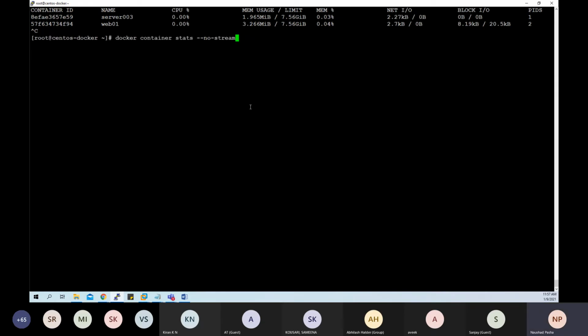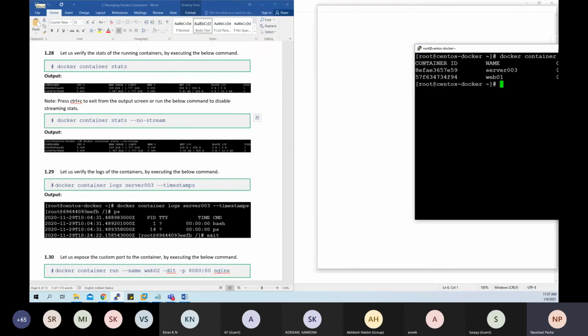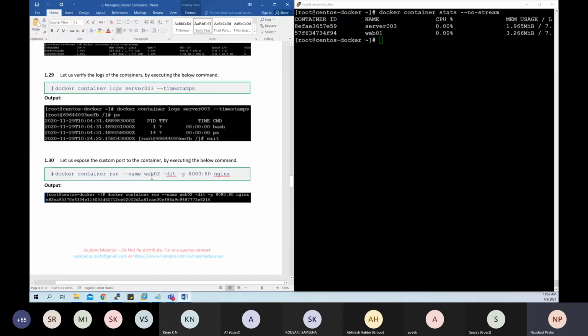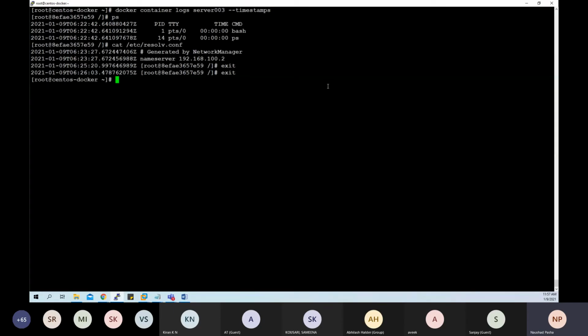But if you say no-stream, it will give you a snapshot, a screenshot of the current state, but it will not continue to show you those stats as a live stream. If you want to check the logs, docker container logs, the name of the container, will show you the activities that we performed inside the container.